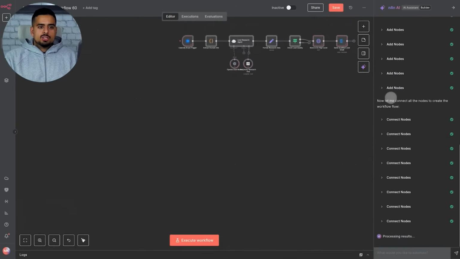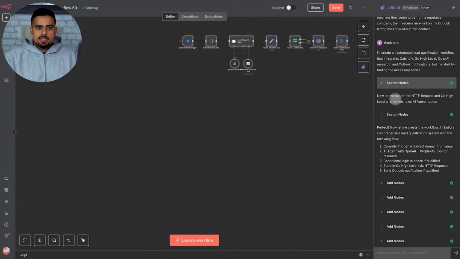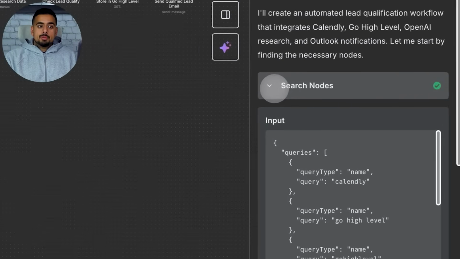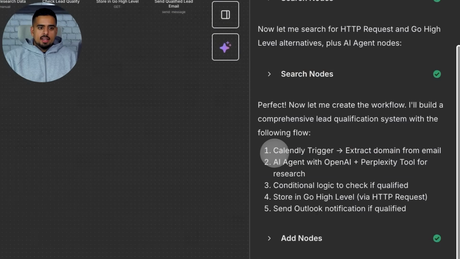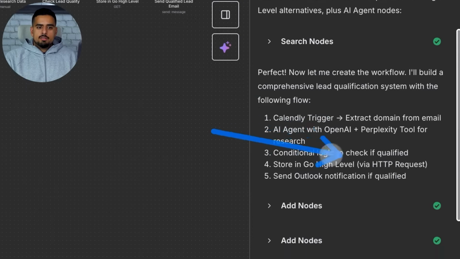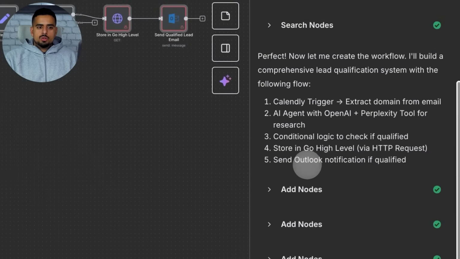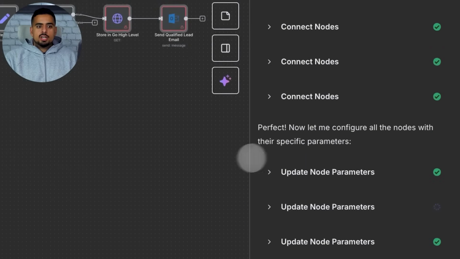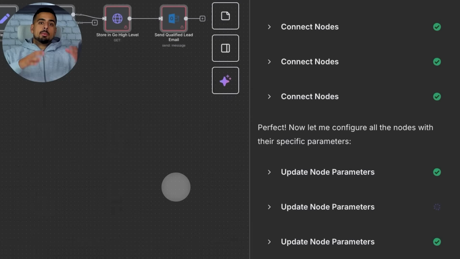So the assistant starts to search for nodes in its database, and lucky for it, it has the up-to-date database from n8n. And then it says, perfect, now let me create the workflow. I'll build a comprehensive qualification system. And then it basically plans it out. So it says, Calendly trigger, AI agent with OpenAI, and Perplexity tool for research, conditional logic to check if qualified. And then it goes through and creates the nodes, connects the nodes, and then updates the parameters